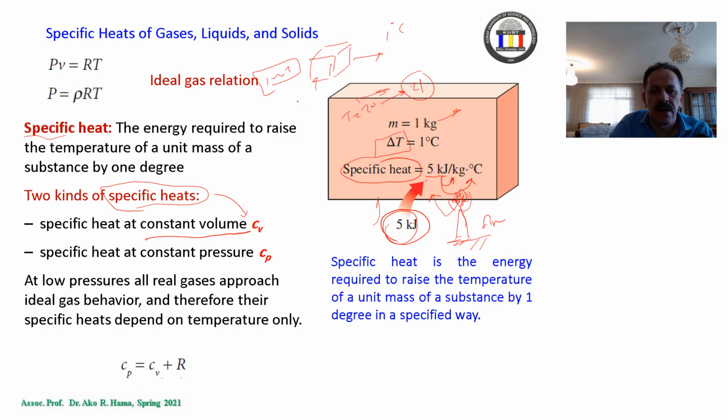So how much is the kilojoule that is needed to increase the temperature of 1 cubic meter of this substance? Without touching the volume, without any increase in the volume, that's called the specific energy that is needed just to increase the temperature of that substance while having a constant volume. Now, sometimes this is usually for the gases,